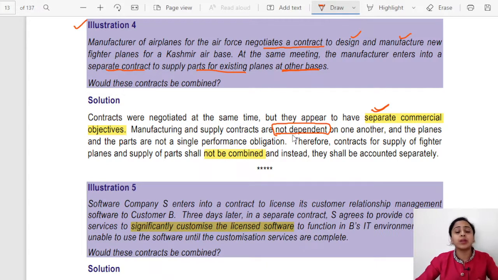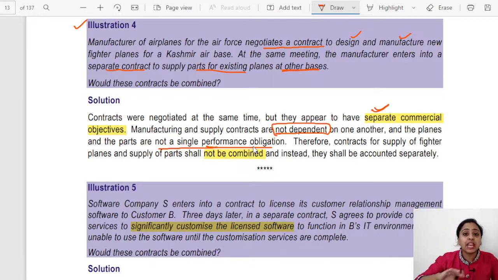Okay, there is no dependency on either of the contracts. They are negotiated separately from one another, and the planes and the parts are not a single performance obligation. Okay, both the performance obligations are separate because the promised transfer of goods and services is separate for both the